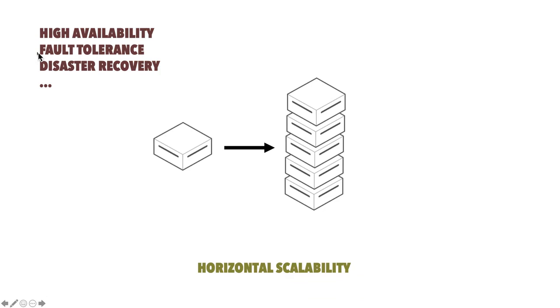Also, scaling horizontally by adding more computers, so making it distributed, also takes care of other problems we have, like high availability, which means we do want our climate service to be available always, not just 2 hours a day, because for the rest of the time it's not working. And fault tolerance: what if one of those computers just stops working, and so on and so forth. So this is the general idea of having a scalable system.